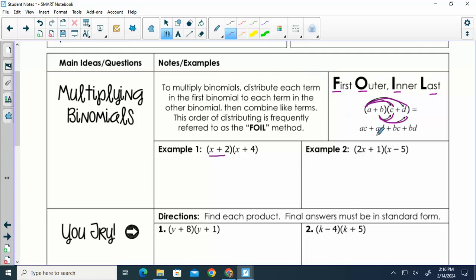After that point, we would check to see if we have any like terms. And what are like terms? Same variables with same exponents. We combine any like terms that we can. So if we look at this example,